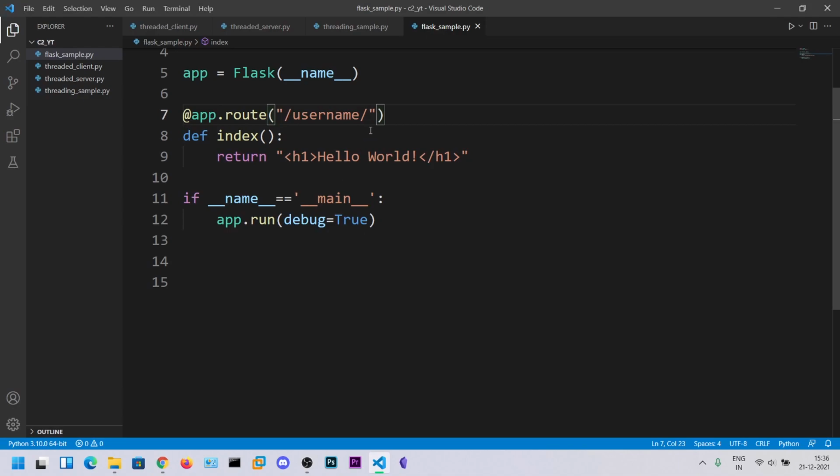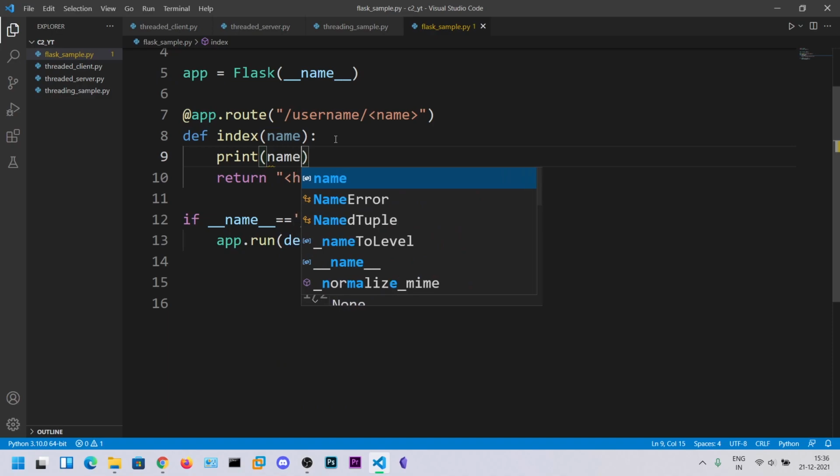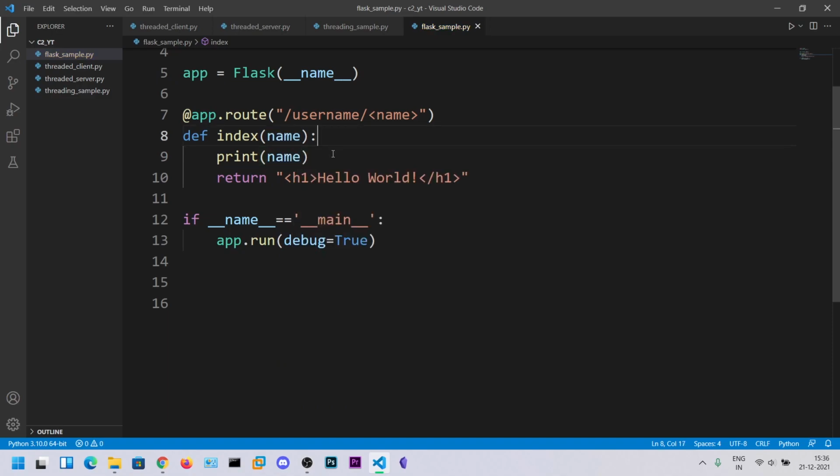In that case, you can say the route is /username/ and then name. Whatever string is placed after /username/ will be placed into the name variable. Now you need to pass that variable into this function. Then you can say print of name to see the value of that variable.